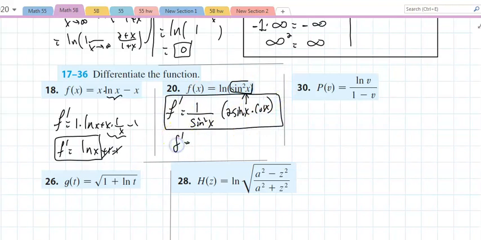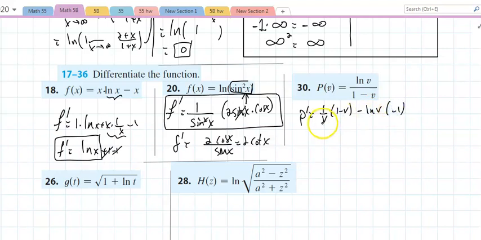If you clean this up, that would be twice the cosine of x over sine of x, because one of those will cancel with one of those, or the back of the book will have twice cosine of x. If I take a derivative of number 30, derivative of the top times the bottom, minus the top times derivative of the bottom,